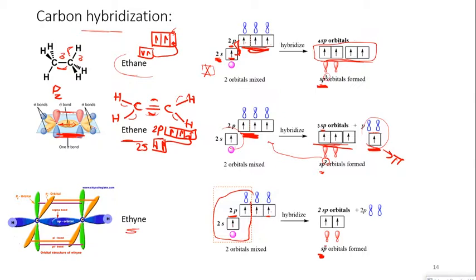If I look here at the molecular structure, the distribution of the bonds, I could see that I have ethyne, H-C triple bond C-H. So the H's will be at the end of my structure, forming sigma bonds. So I have 1, 2, and between the C and C I will have only one sigma bond, because I have here